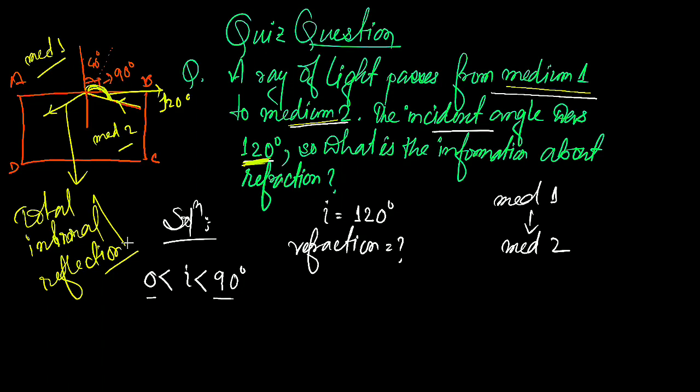If you replied in your answer only that refraction will not occur because the angle has a greater value than 90 degrees, then your answer is correct. But two students gave me the whole information about total internal reflection. You are all winners who said that the angle is greater than 90 degrees. The angle should be between 0 and 90 degrees for refraction to occur; otherwise, refraction will not be there. This is the main correct answer. If you wrote this main concept, then I will consider that you have studied further.